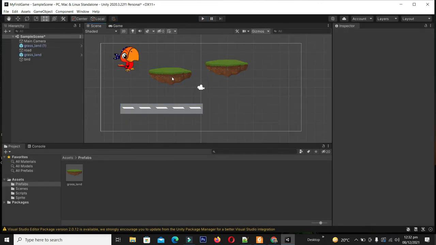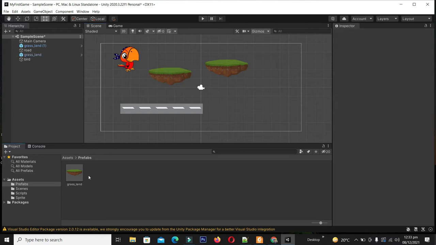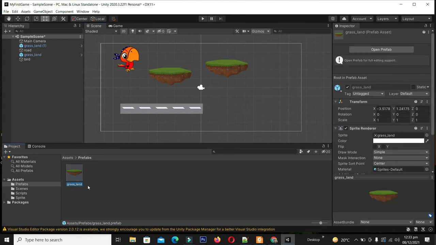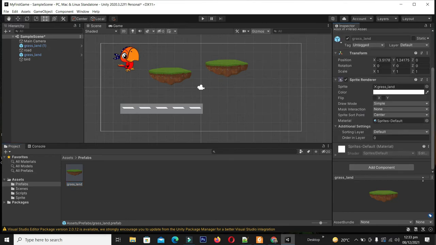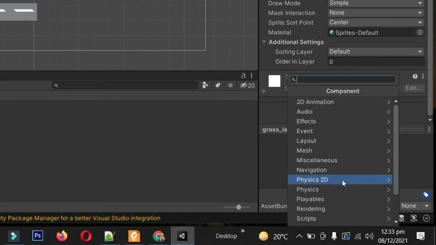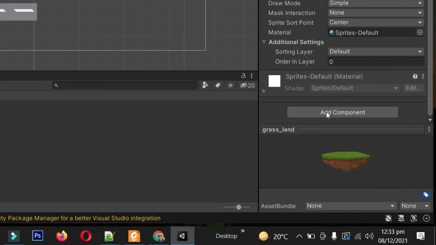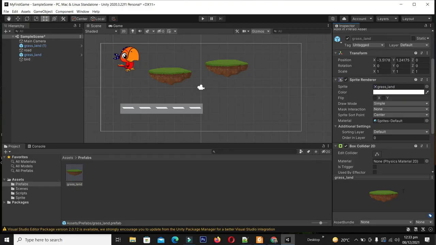Now I am going to add the effect here, just like we added in our previous video. We have to select this prefab which is present here, and add the property to this prefab. From here, add component, select Physics 2D, and here I am going to give the box collider. So this effect is applied to both of them.